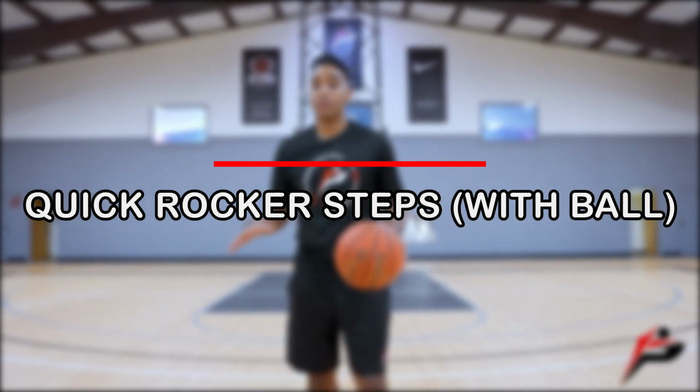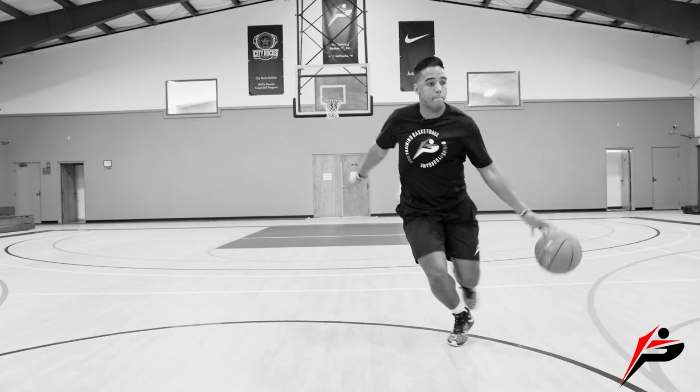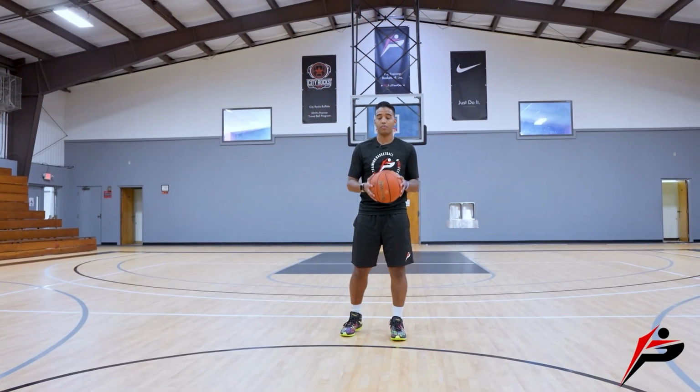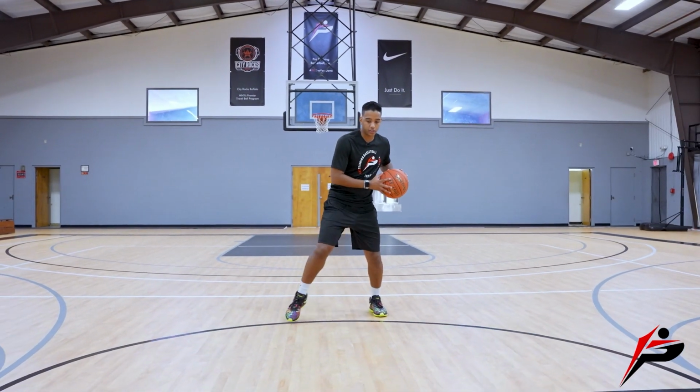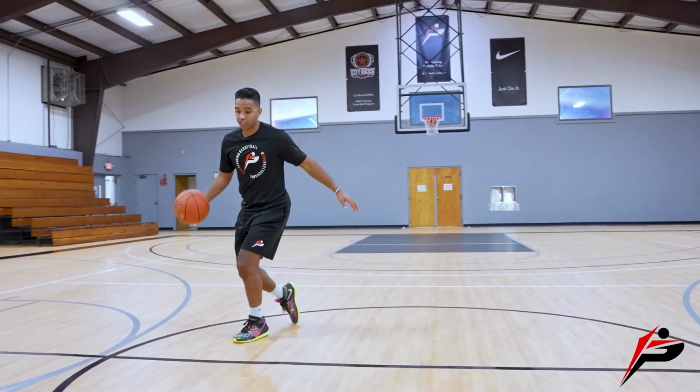Last but not least is off of our rocker step. So same drill number 3, but now we're gonna rocker step off of that just to help on our explosion, help us being more shifty as well. So let's say I'm going to the right with my basketball. So I'm gonna rock to the right, rock back to the left, then I'm gonna get my first explode out,